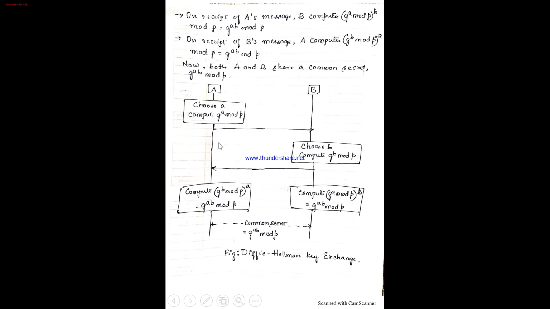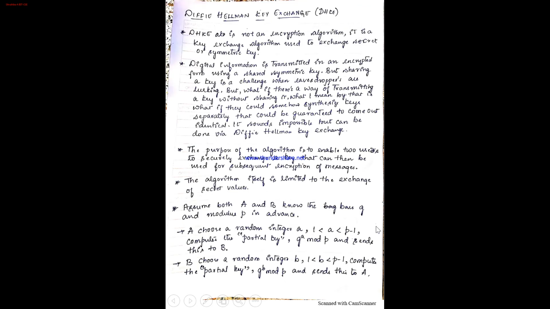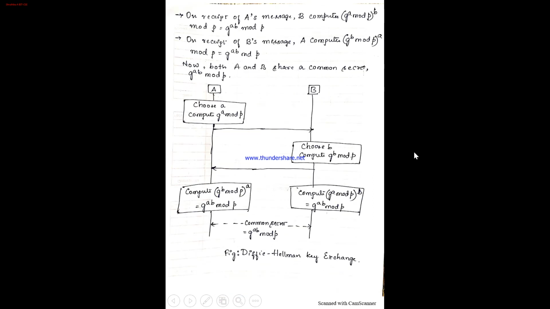Okay, so I hope you have a better understanding now. This choosing of a and b is very much important, guys. The value of a should be between 1 and p minus 1. What is this p? p is a prime number. Zp star, if you remember. For example, if I take p as 11, then 1 to p minus 1 is 1 to 10. So any number between 1 to 10 can be a, and any number between 1 to 10 can be b. That value will then be communicated.